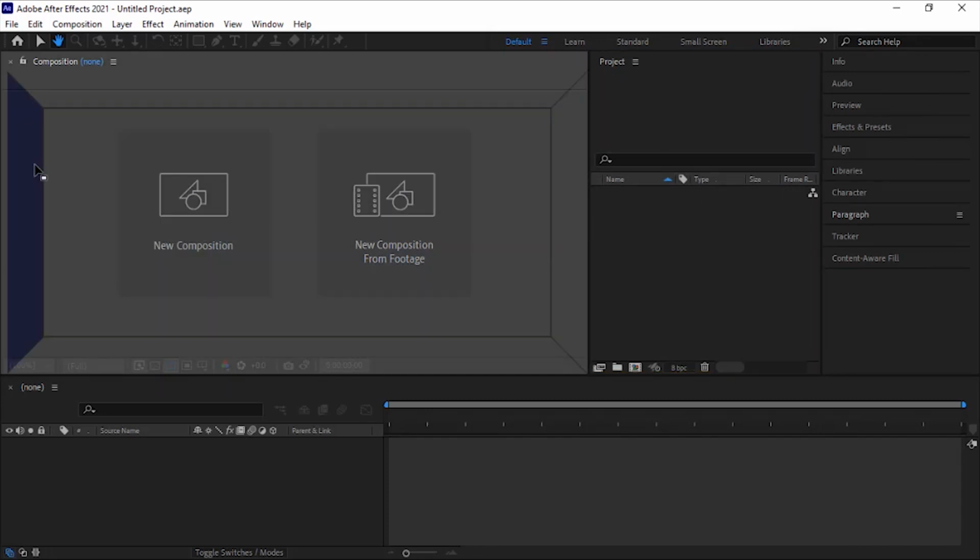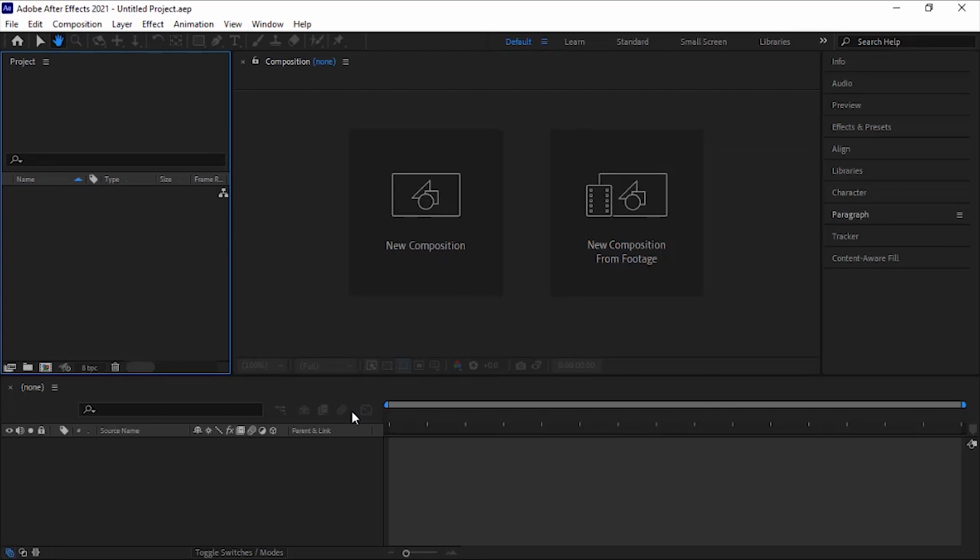Now that we are familiar with the general environment of After Effects software, we are going to get acquainted with the practical terms of After Effects. The first concept you will encounter when working with After Effects software is footage. In simple terms, footage can be introduced as files that are imported into this program and used and edited.